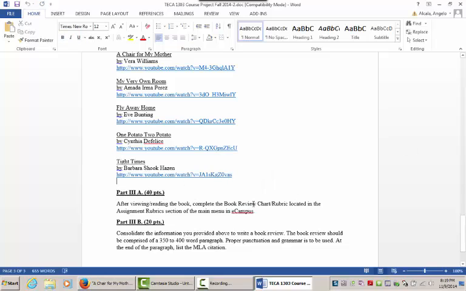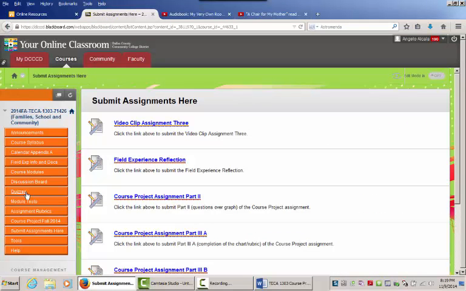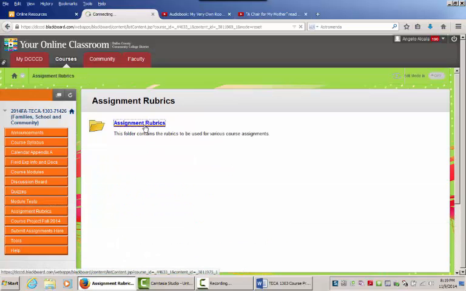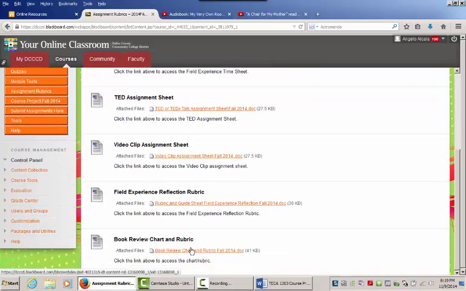You will need to go to the book review chart/rubric located in the assignment rubric section of the main menu. So back to the course, and you will see assignment rubrics down at the bottom. You will see book review chart and rubric. Click on that